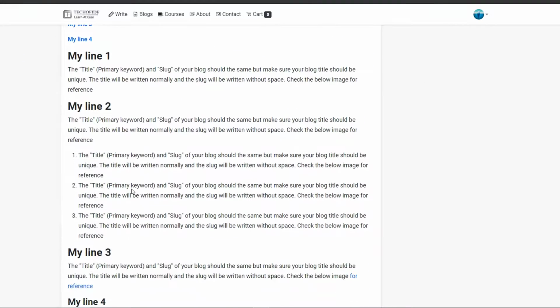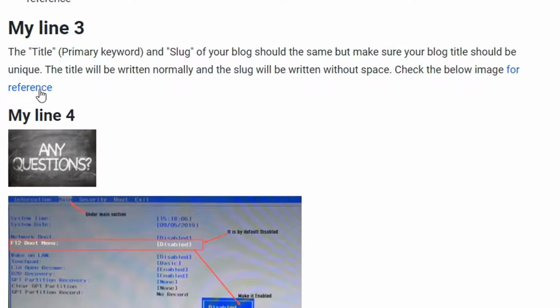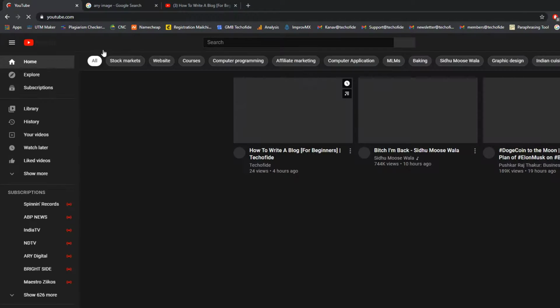Now we also have the typed link. This is an external link. Why is this an external link? I will show you, because it will take us to youtube.com. It is taking us from Tacofy to youtube.com. That's why it is an external link. And whenever I click on that link, see, in the same tab it just opens youtube.com.